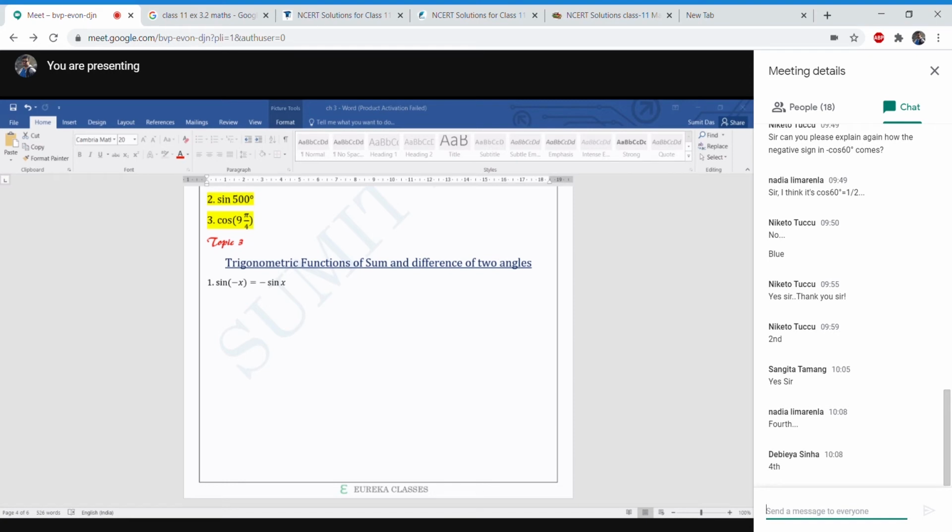Yes. So in the fourth quadrant, is sine positive or negative? Negative. Look, for that reason I wrote sine minus x equal to minus sine x. This is the formula. So if you remember the